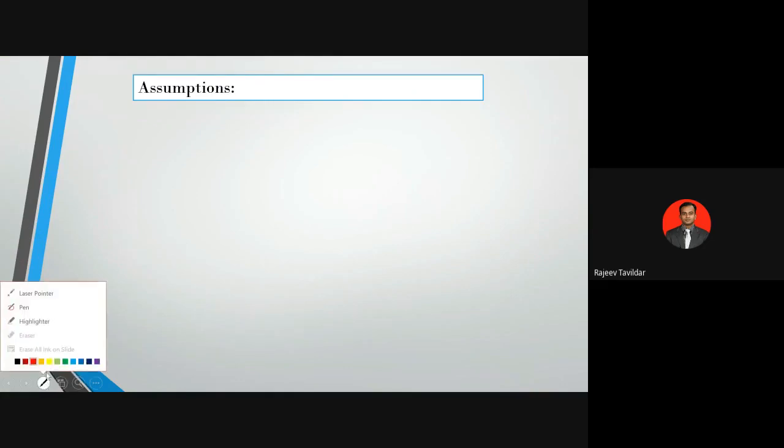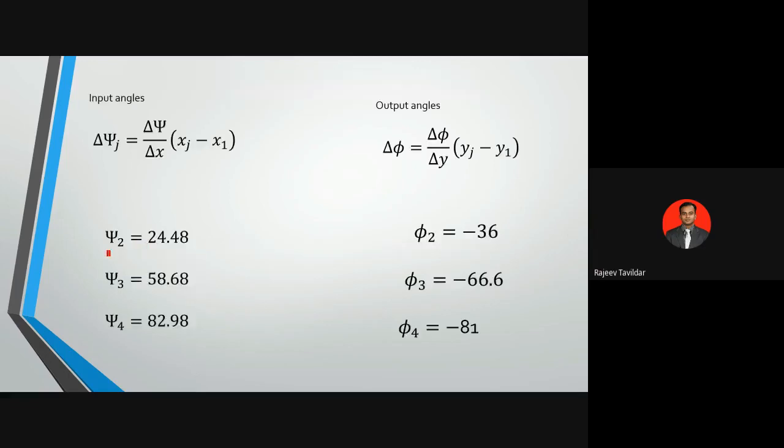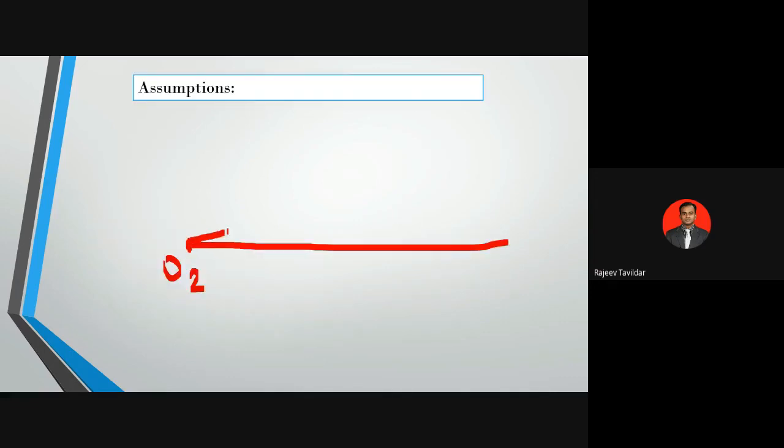Okay, so I need not assume, it's already given. So let us see how the mechanism can start looking. I'll mark a point, say O2, and I'll draw a horizontal line of arbitrary length. Then we can locate A1 and A2 symmetric about the line O2, O4 by an angle of psi 2, that is 24.5 approximately. So this is A2 here, and this will be A1 here.